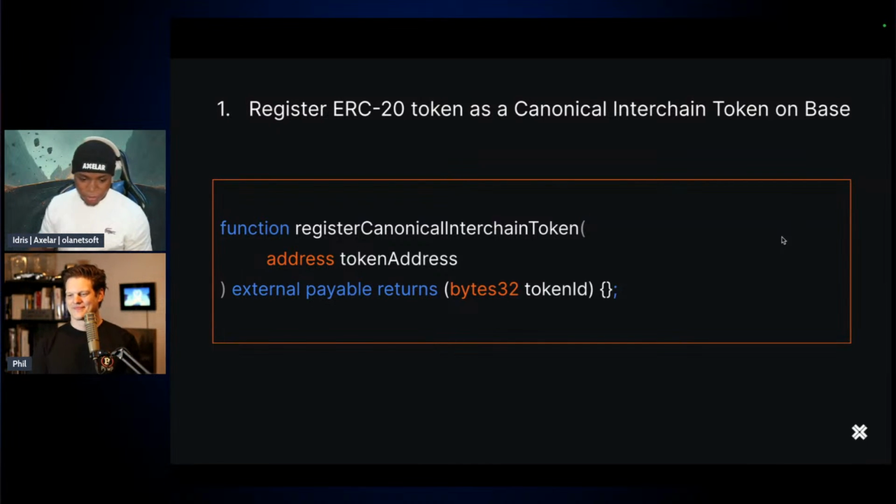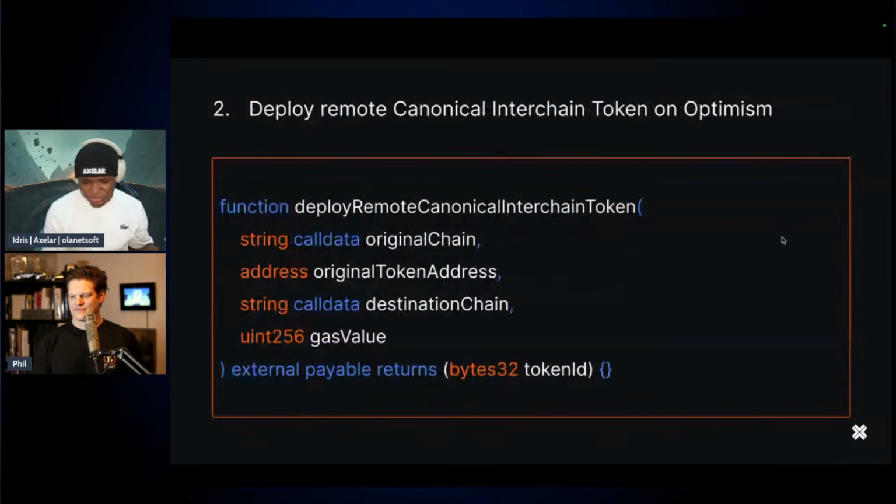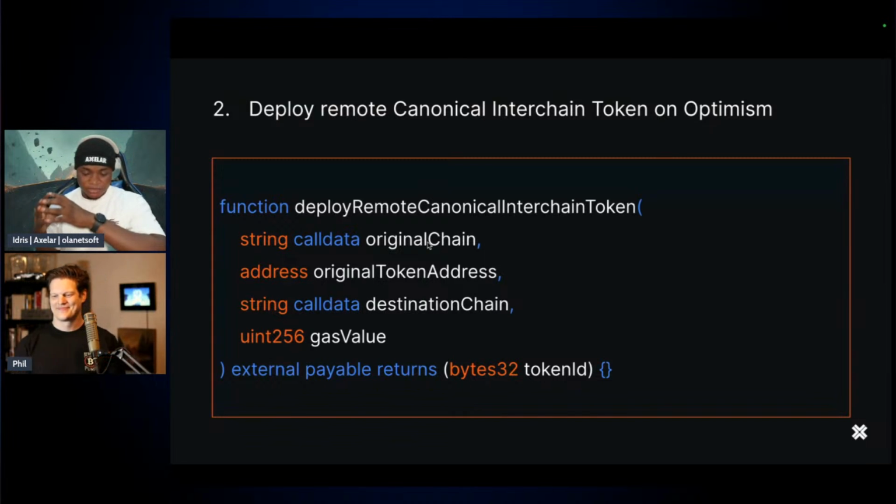And then the second step is, after registering it on Base, we also want to deploy it remotely on any chain. In this example, I'm using Optimism. We are calling the function deploy remote canonical interchain token, where we specify the original chain, we specify the original